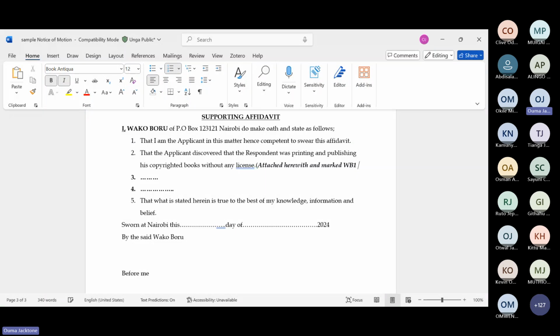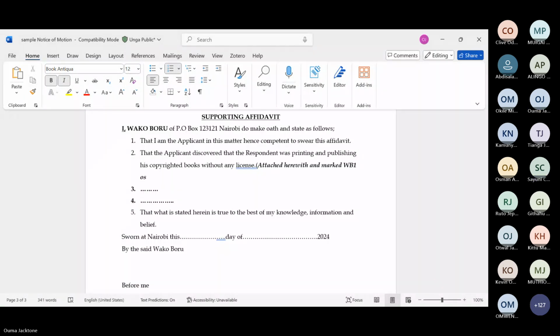WB1 is a copy, or is a sample. It's a sample of the book. Okay, so if the court is reading, the court will just open WB1 and they will find a sample of the book.